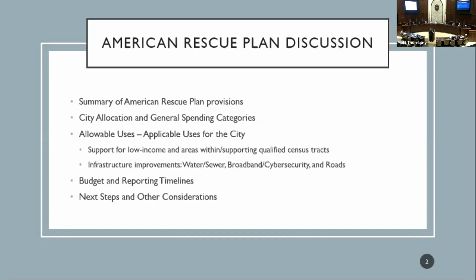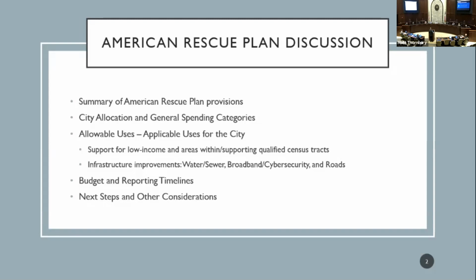So just a real quick overview of my discussion today. I'm going to talk about the American Rescue Plan provisions, the city's allocation, and the general spending categories that we can utilize those funds in. Some allowable uses, specifically uses to support low income areas within qualified census tracts, and also for infrastructure improvements to include water, sewer, and broadband. Got some budget and reporting timelines that I just want to point out, and then offer some next steps and